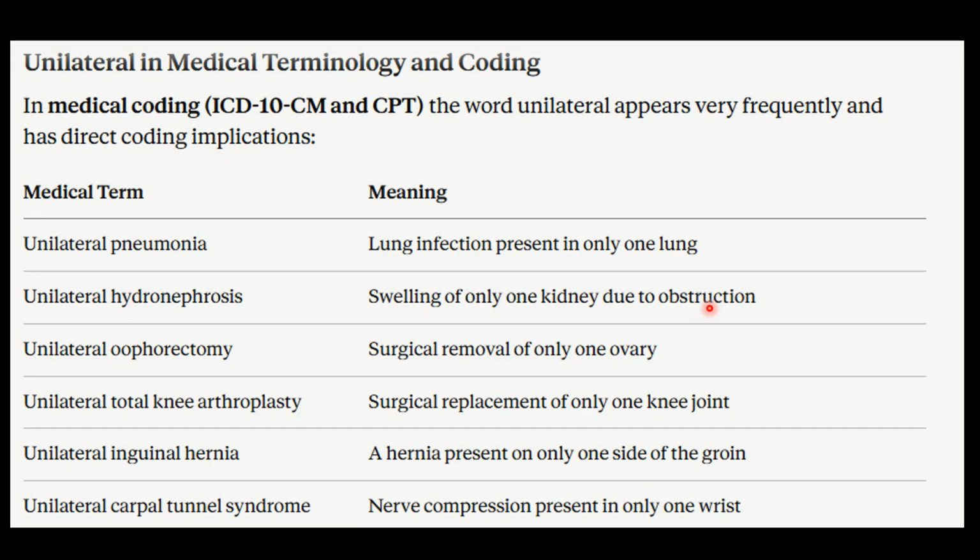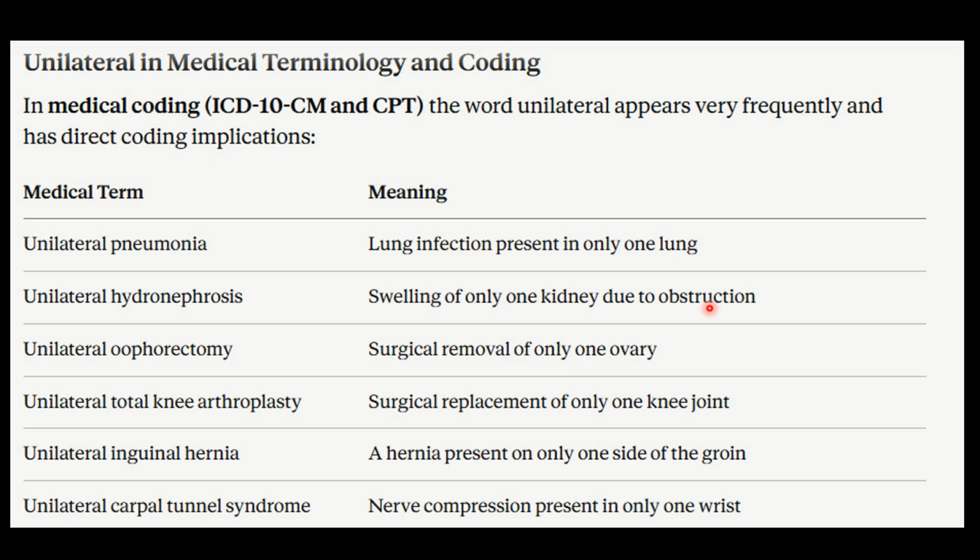Okay, so let's take an example. If there is a swelling of both the kidneys due to the obstruction, we will call it bilateral hydronephrosis. But if there is swelling in only one kidney due to the obstruction, then we will call it unilateral hydronephrosis. Clear? Third thing is unilateral